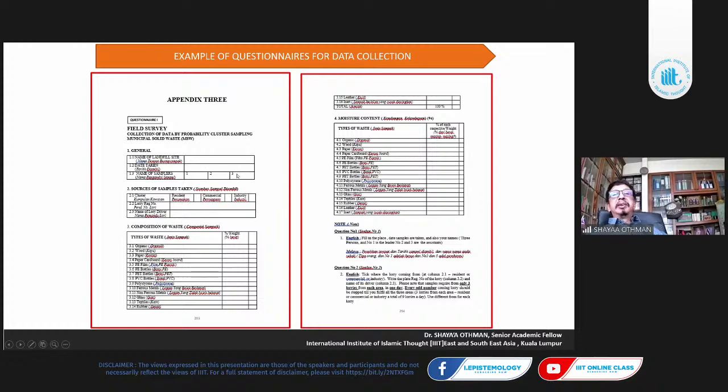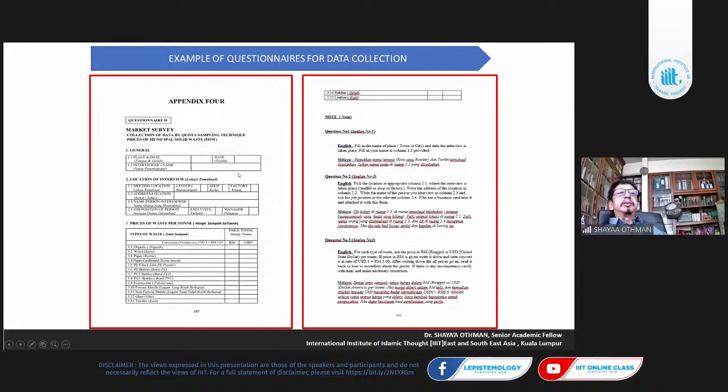And then, for example, this is also a market survey. As you say, it's quota sampling. They just get prices and interview the people. Okay. These are the data collection records. What we mean is it should be properly recorded and responses should be made sure to be analyzed and recorded, to avoid uncertainty and so on.